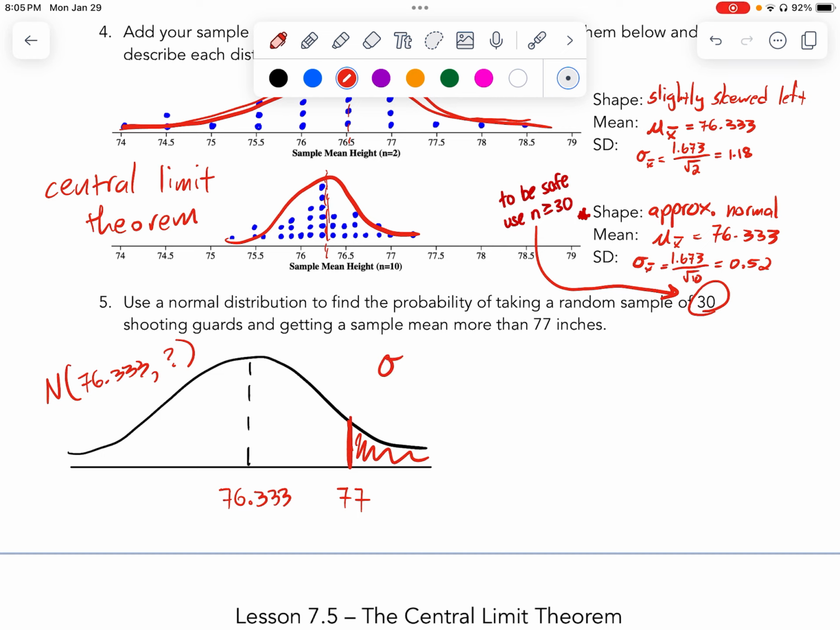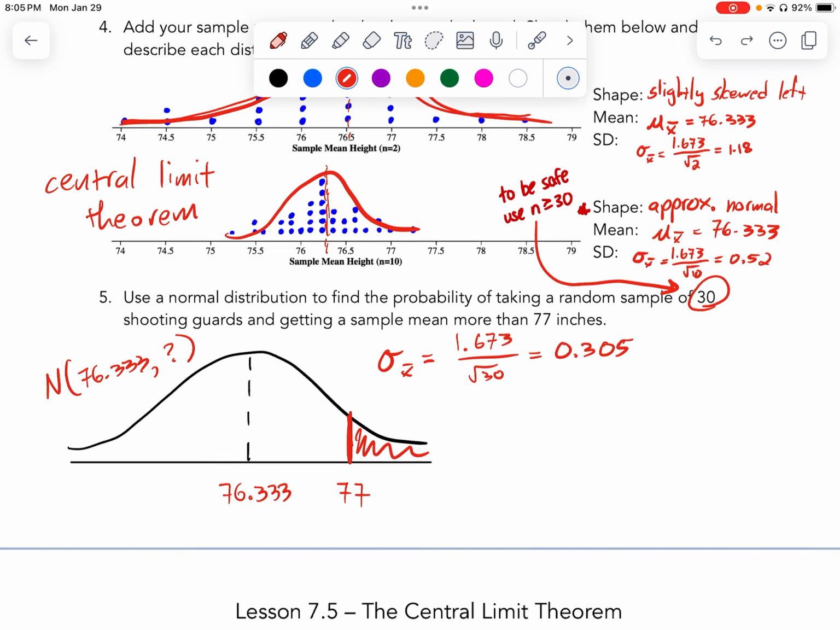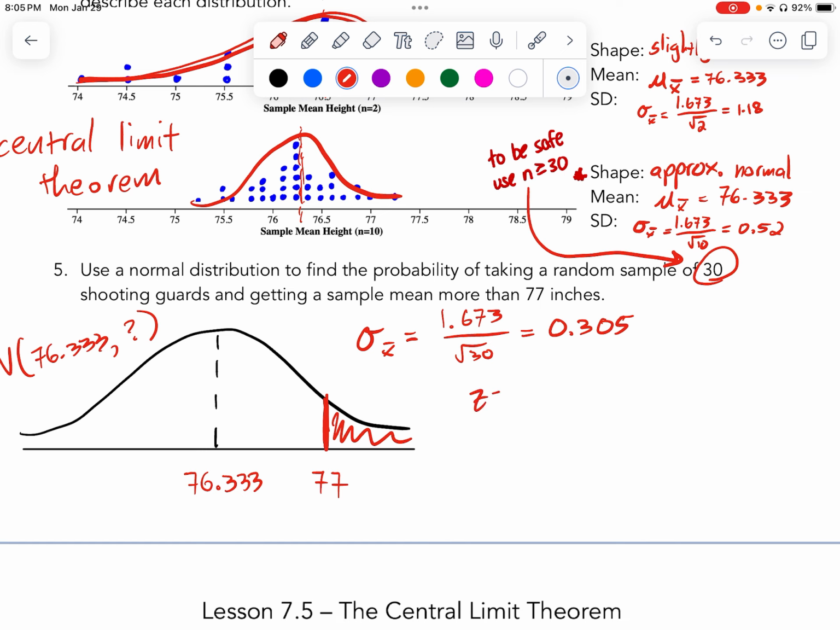Well, the standard deviation of this X bar would be 1.673, and this time I'm dividing by the square root of 30, which is going to further tighten this curve up. So I get that. You can take your calculators out and check my work, 0.305. All right, so now I'm going to get a z-score. My sample average is 77. The mean of the entire population is 76.333, and my standard deviation is 0.305,